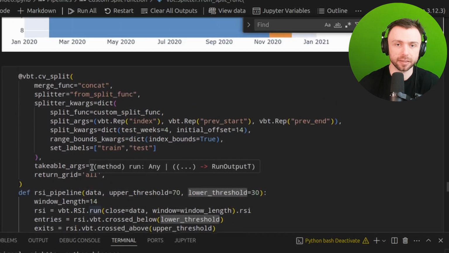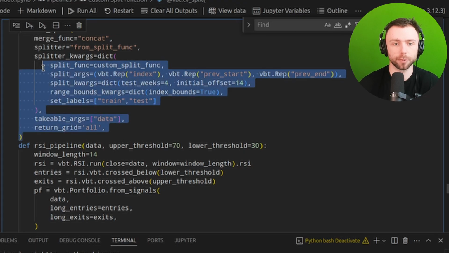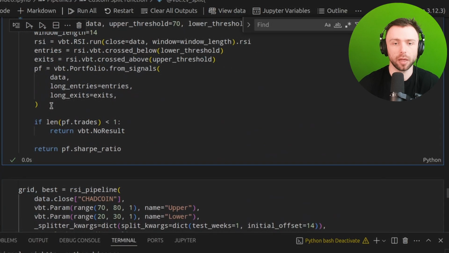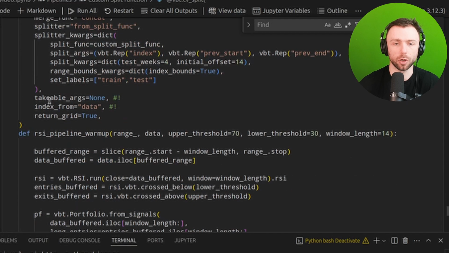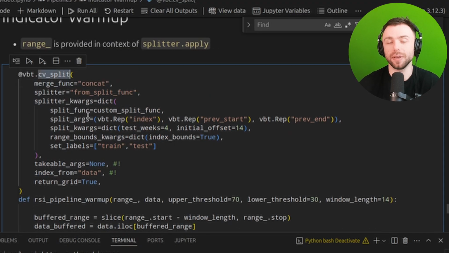So to fix this, it's pretty simple. This is broadly the same as it was before. All of these CV split things are pretty much exactly the same. Sorry, we're going down here, aren't we? Indicator warmup. So what we changed in CV split here